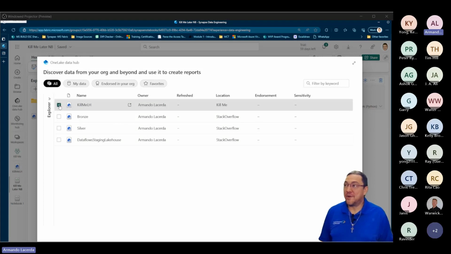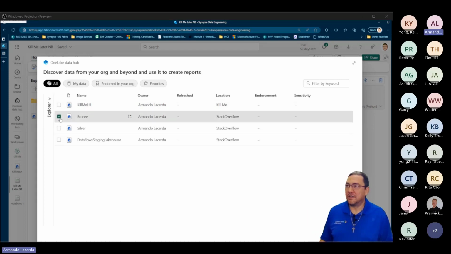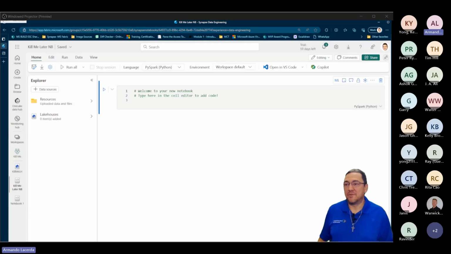So that's why I can see them. But this is the one I actually created for this demo, right? Whatever data was in here, there is no data there. So just for the sake of the demo, I'm going to connect to a lake house that belongs to another workspace, but I do have permissions to query from the other workspace, so I'll be able to run my notebook on this workspace, tapping into data that's in the OneLake through the definitions that exist in another lake house. One copy of the data for everybody to work with, as long as you have permissions, which makes it faster. I don't have to move data around, and it's more consistent, right? It's one copy of the data for everybody, which is great.